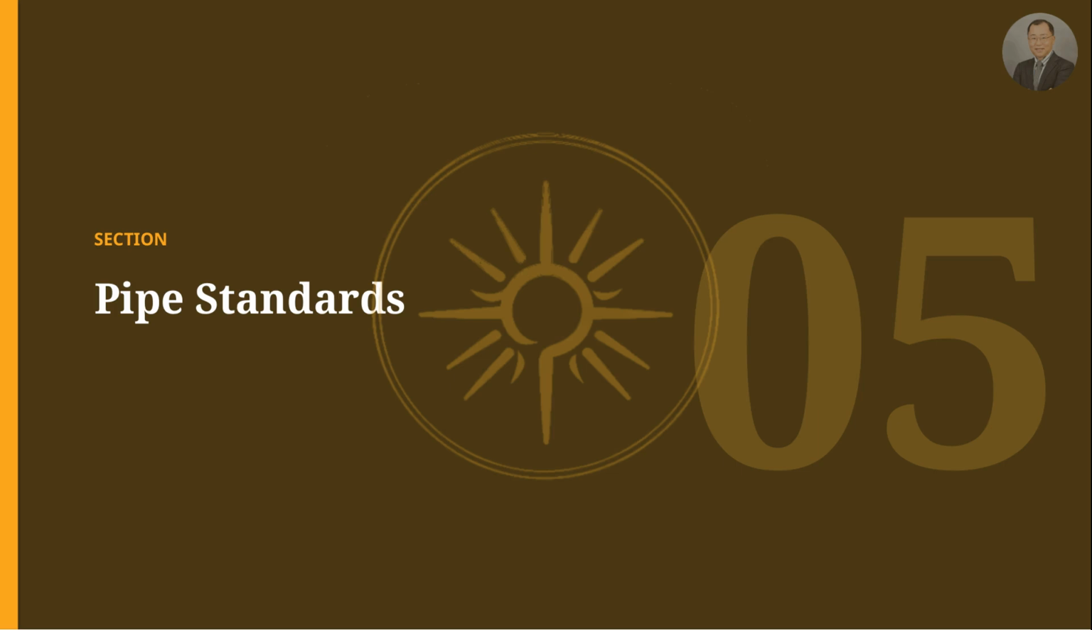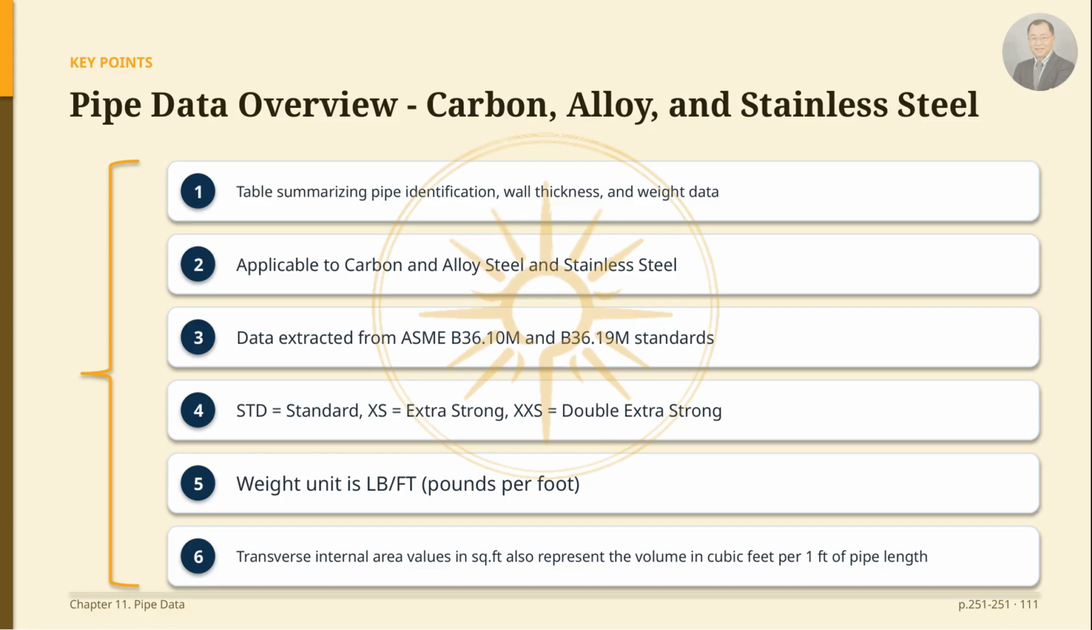Next, we turn to pipe standards. Now, I would like to introduce pipe data, specifically regarding the identification, wall thickness, and weights of carbon steel, alloy steel, and stainless steel pipes. The identification information, wall thickness, and weight values organized in this table are all extracted from the ASME B36.10 and